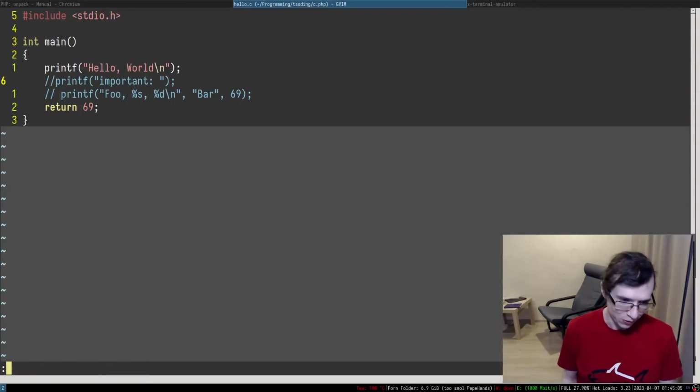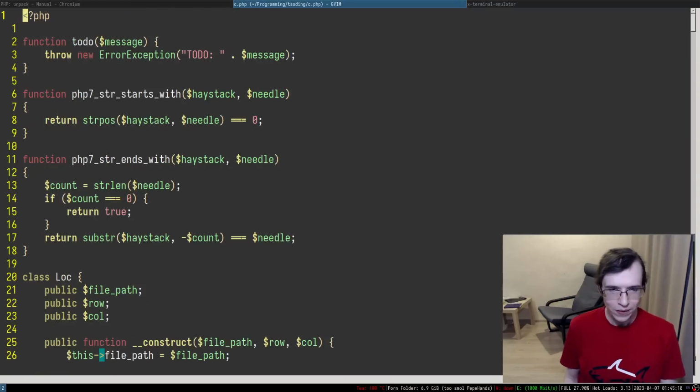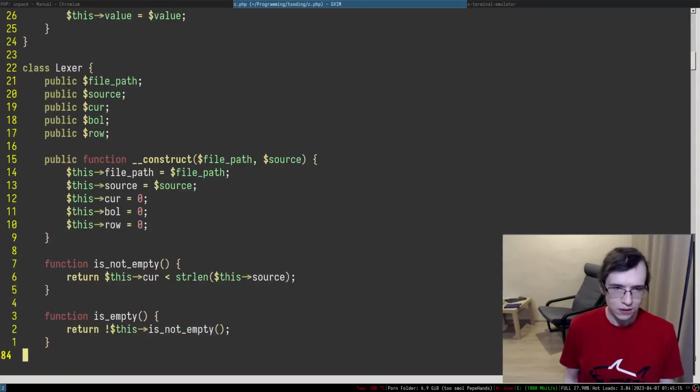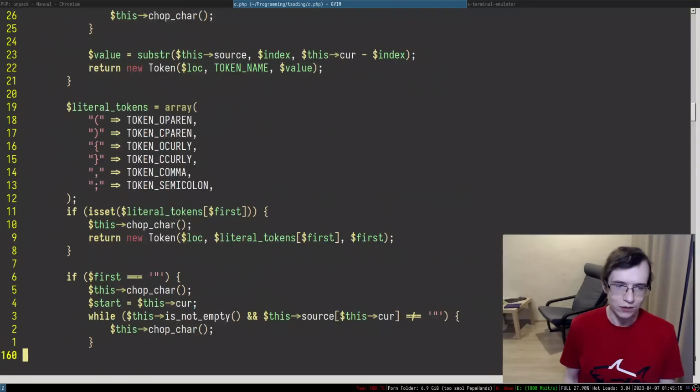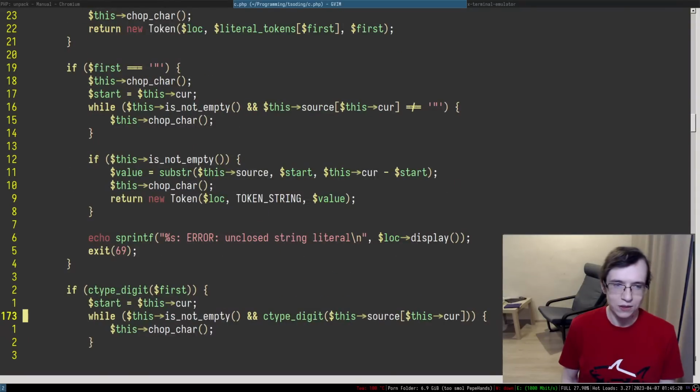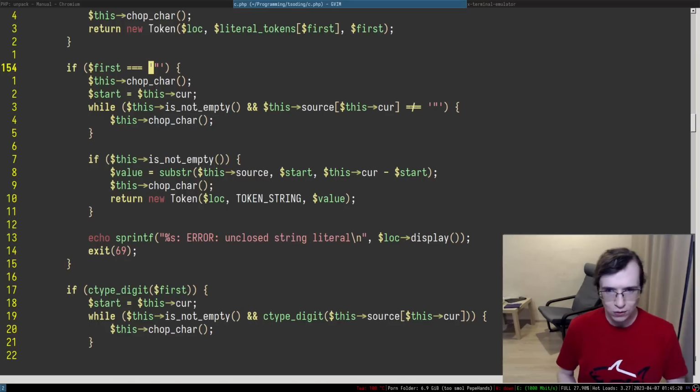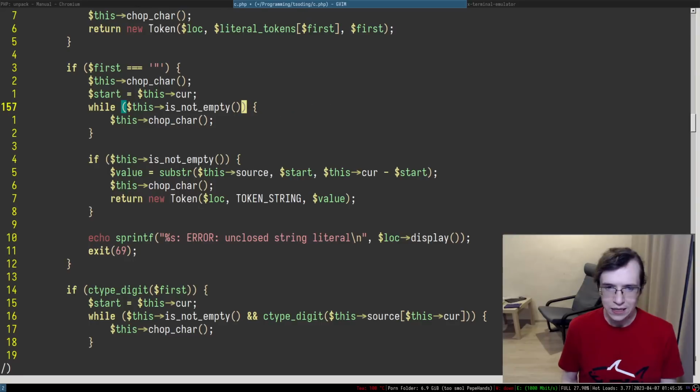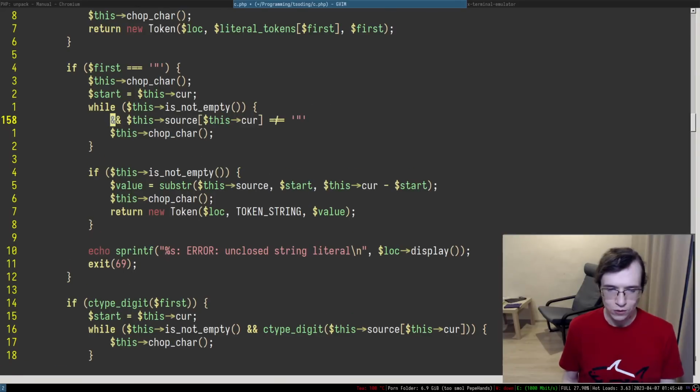So one of the things we probably have to do, so let's quickly do that. Let's add support for escaping. Let me see. How are we handling the string literals? When we encounter the open double quote, essentially we keep chopping the character while the current character is not equal to double quote. So I think we need to move this entire thing inside of this condition.